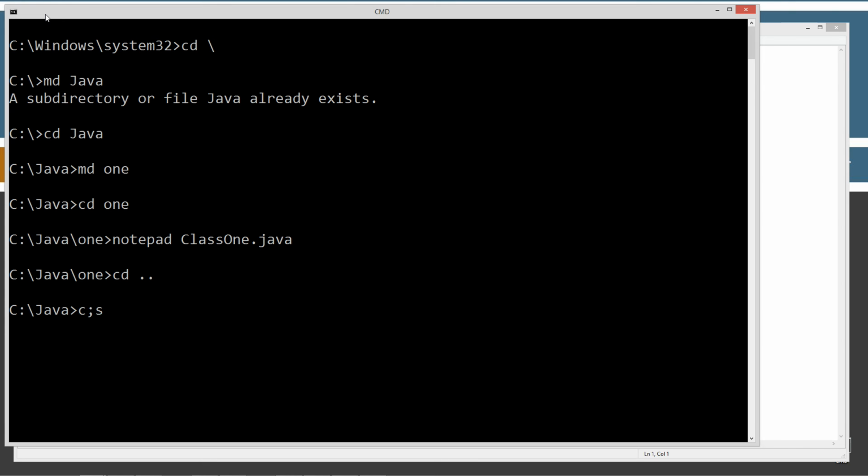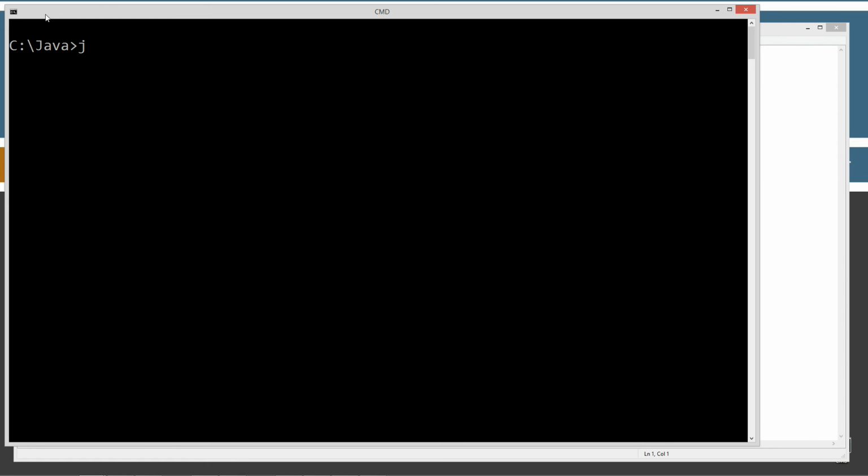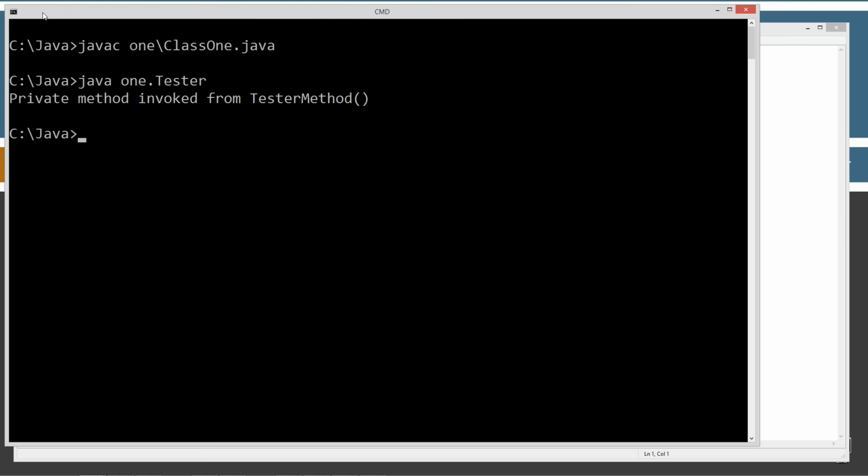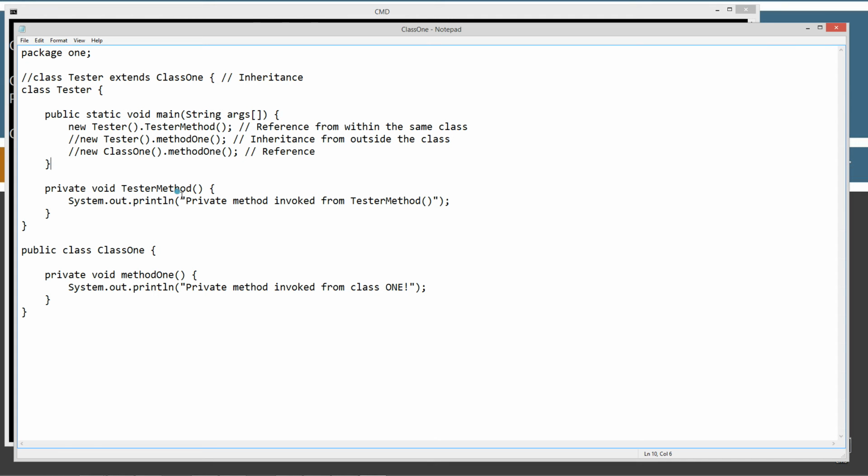Let's clear our screen. Okay, java 1, the 1 package, dot tester, the tester method. So, private method invoked from tester method. Excellent. We got this string literal displayed to the console using the print line. Okay, so the next thing we're going to do